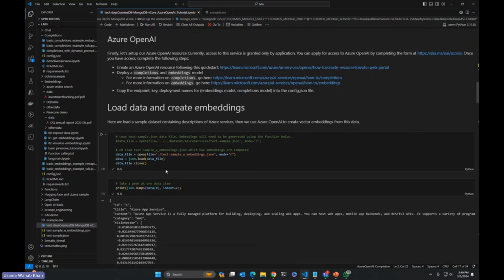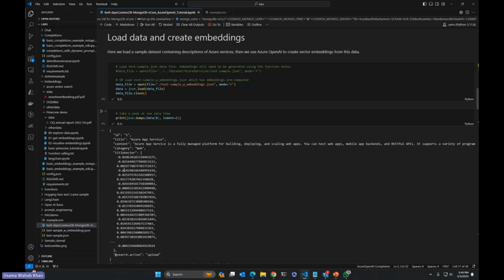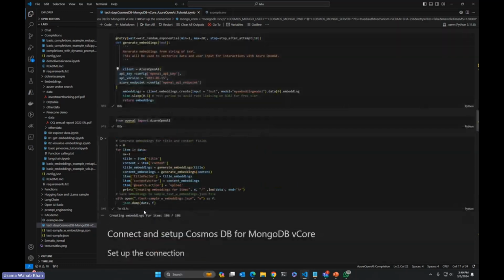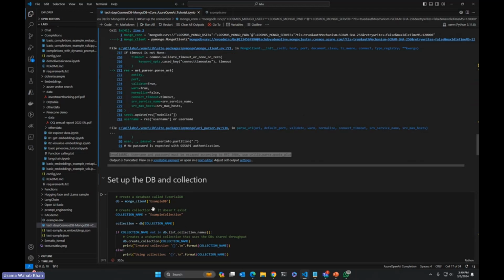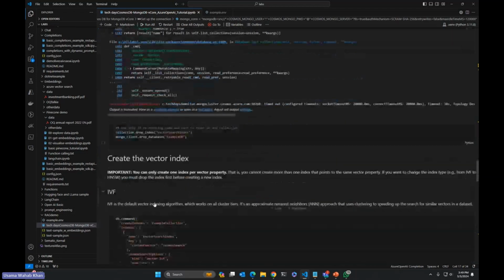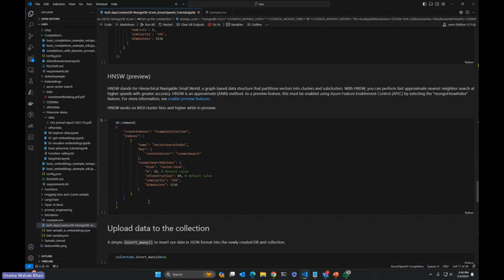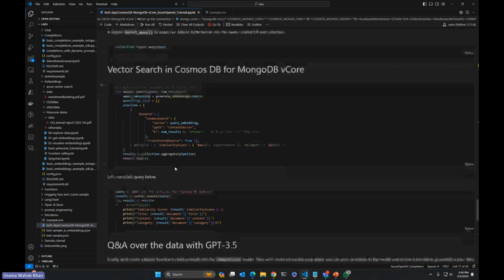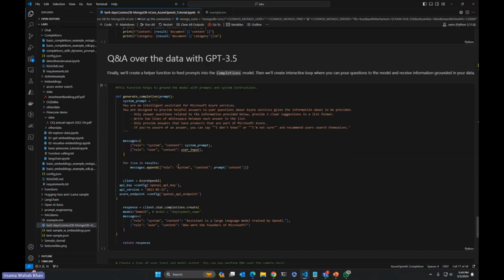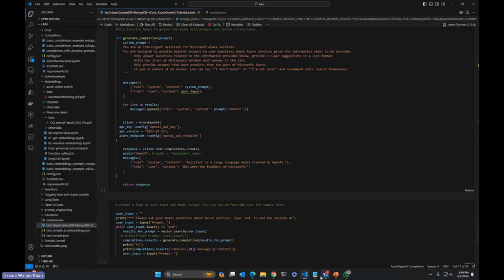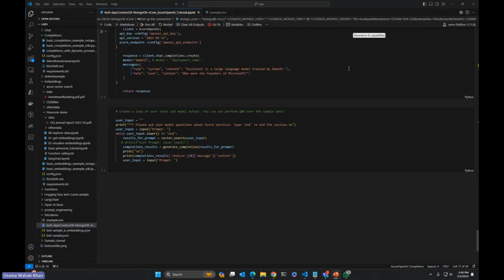This is a sample of how the vectors are being created. This is a text that I have, and it converts into this kind of vector embedding. I can upload and store them into MongoDB, and I have put the whole code for MongoDB here, showing how you can upload them and how you can perform the query. I wish I could have more time so I could show you an end-to-end demo of how it works. But if you have ever seen Microsoft Copilot working in Word, Excel or PowerPoint, it works in absolutely the same fashion. It uses data that is already available, and it can provide you answers on the fly.